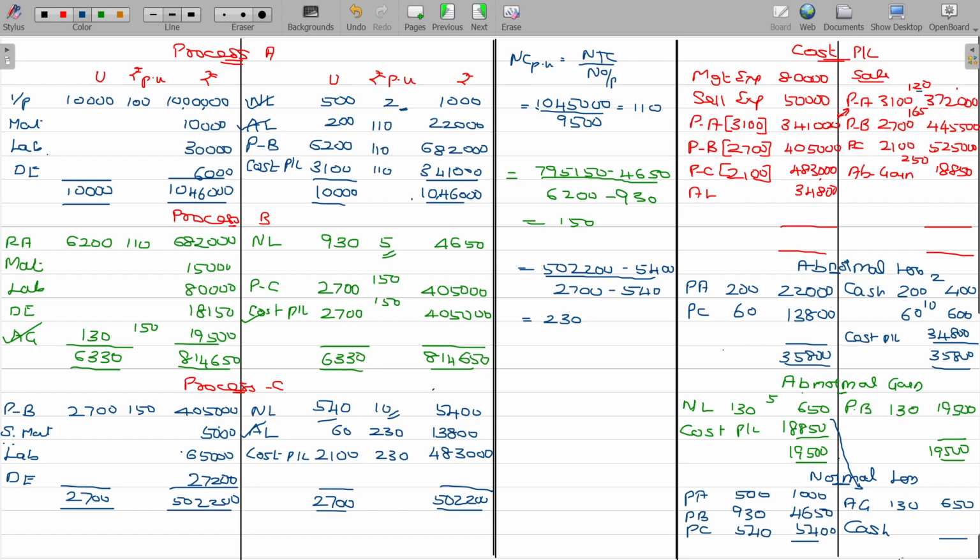What's the value? Come on. 10,000, 11,050, cash being 10,400. Now you can finish up tallying the costing P&L account to identify the profit for all the three processes